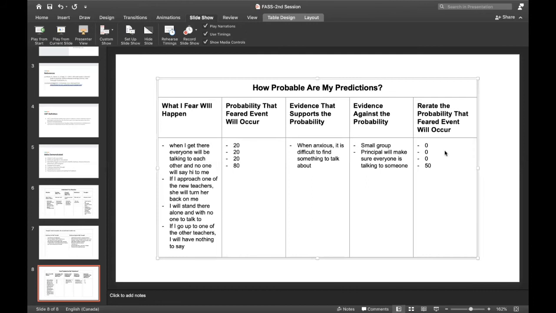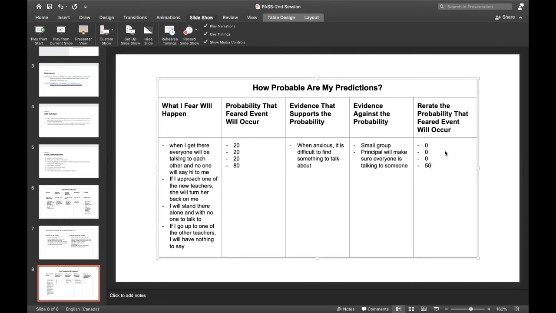I think so too. You started out with a very clear image of yourself standing in the principal's backyard, awkward and alone, as the other teachers talked to each other. But given the evidence that we just looked at and your balanced thought, how accurate do you think that your original image is? Probably not accurate at all. I think it would be really helpful if we could develop a more realistic image of what you think will happen. Could we try? Sure.